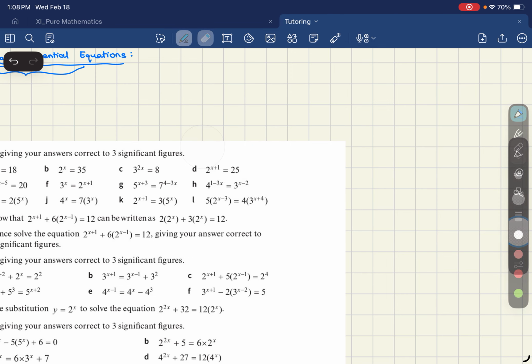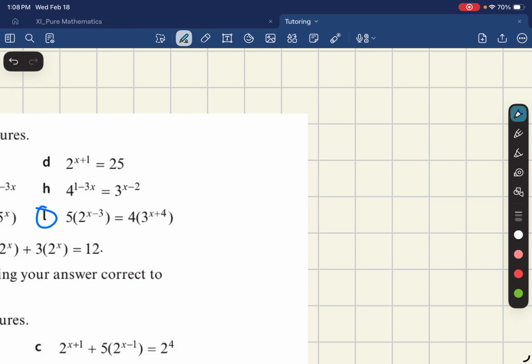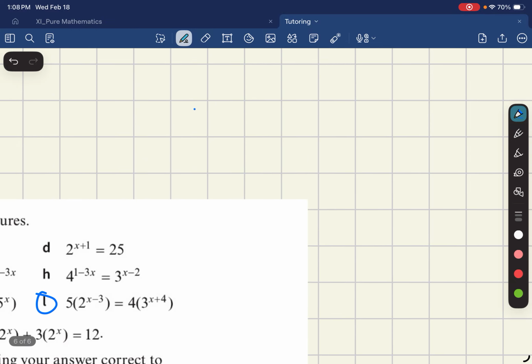And let's do one last question, the last one, L. And it's the same thing. Basically, you take the log of both sides and you separate out and you find your variables. So log base 10 of 5 times 2^(x-3) is going to be log base 10